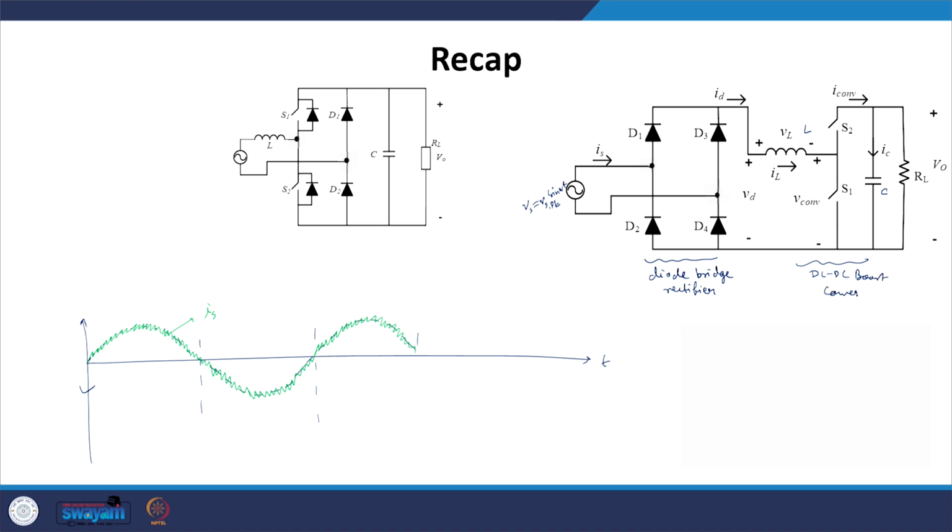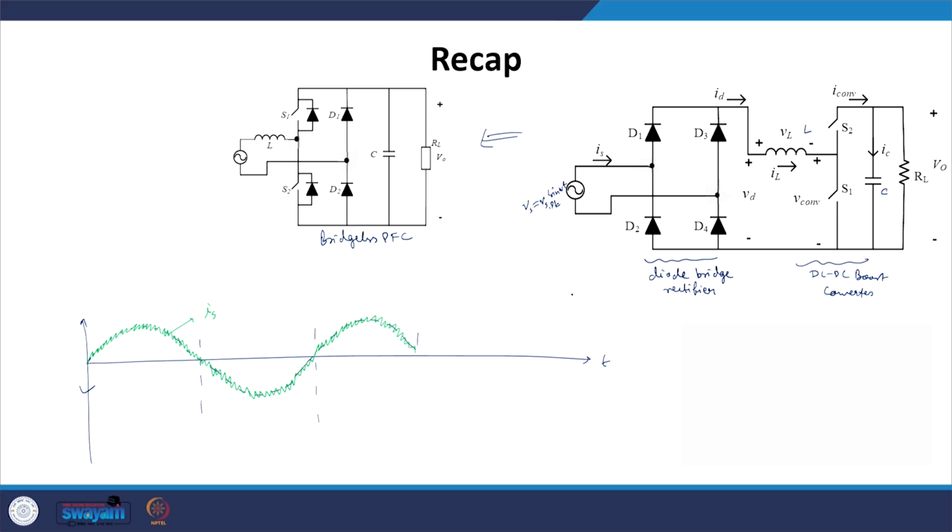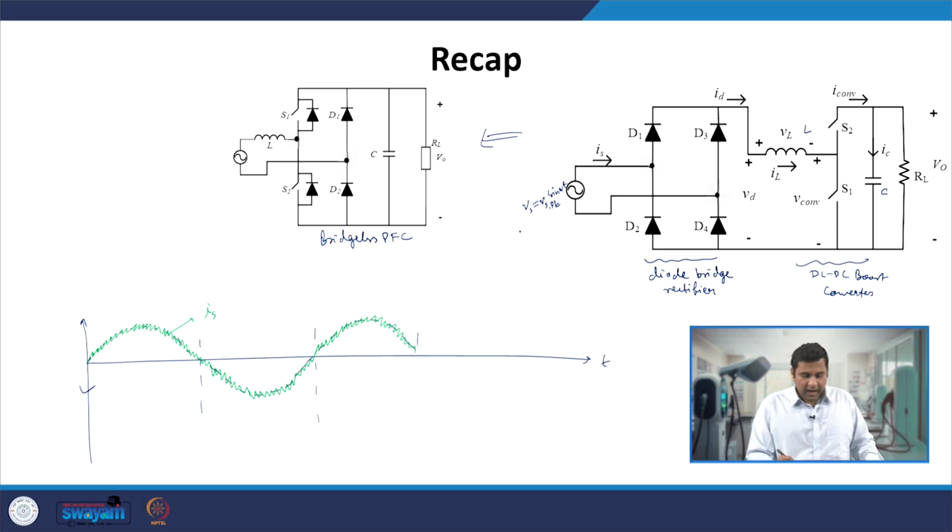Now if you look very carefully, we have also seen the derivative, the bridgeless PFC, which does not have any diode bridge rectifier. However, it has the same kind of functionality, with a boost converter system. And here if you look very carefully,